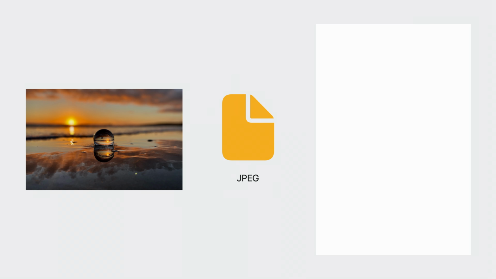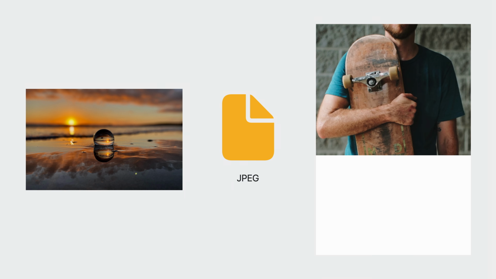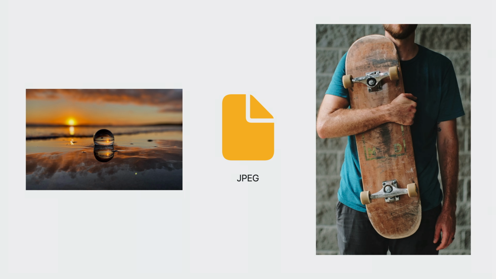Then we have JPEG, introduced over 30 years ago. A great feature is progressive loading, where you can see some of the image before it's fully loaded, particularly convenient at a time when network speeds weren't particularly fast. It is best suited for photographs and other images with a lot of color and details. It's a lossy format. That means that some image data is lost during the compression process. The compression also allowed for smaller file sizes and faster loading times.